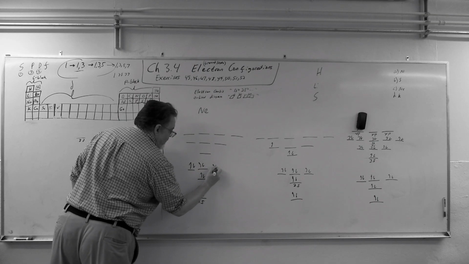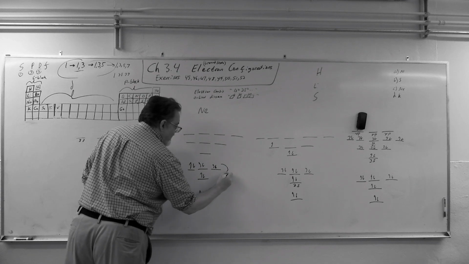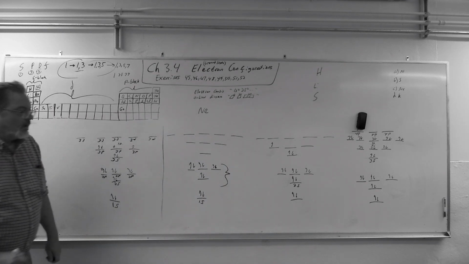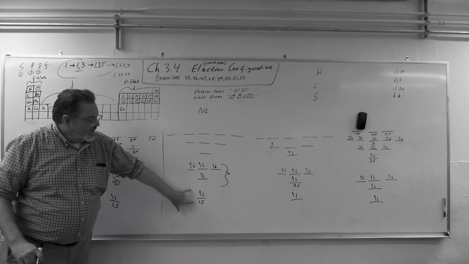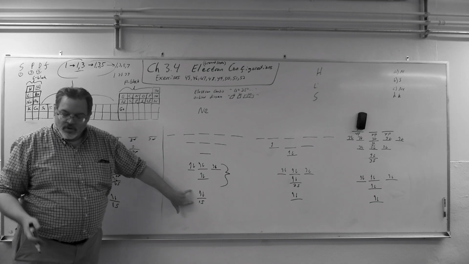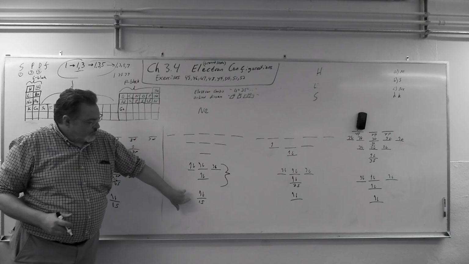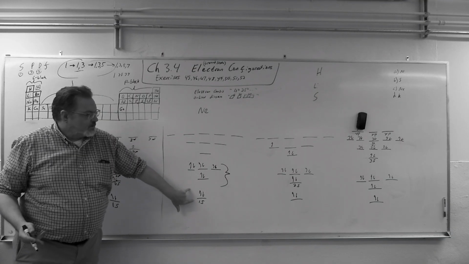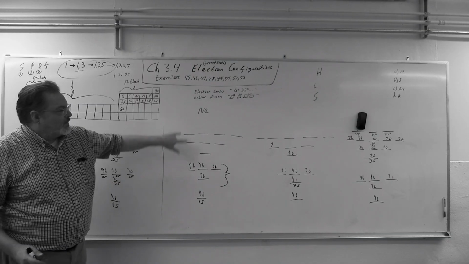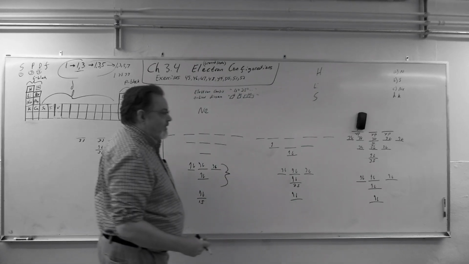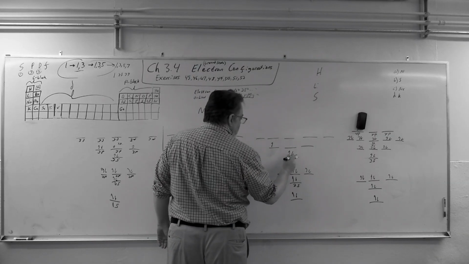Neon is one of those noble gases, but notice that's the S and P full. All the noble gases are like that. The first one, helium, because there's only one subshell in the first shell, completely full is just 2 electrons. But by the time you get to the second shell, you have an S and a P, so that's why neon is like that. If I did next argon, we would be